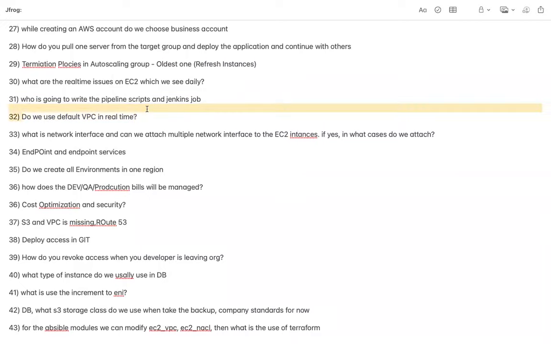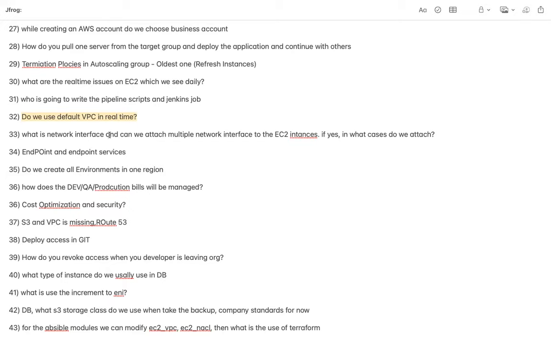So the answer here is no. If we are very confident and we know very well how to set things up in real time, it is still not recommended to use a default VPC. Let us say you are going to use multiple VPCs, and there is a particular CIDR value, 172.31.0.0/16, which is the default value of most VPCs. So VPC peering will not be possible. Okay. So that is why we need to have a custom IP address range in order to configure a VPC.